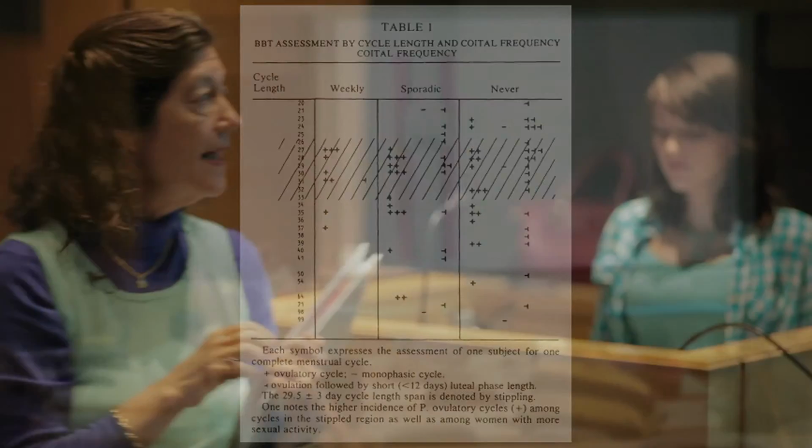And what this was saying is that almost all weakly active women have fertile cycles, as measured by basal body temperature graph. And about half of sporadic and nevers have infertile cycles. Feast and famine behavior does not associate with fertility. It actually is shown here to associate with mostly luteal phase defects. Deficient progesterone levels is what it turns out that they have.